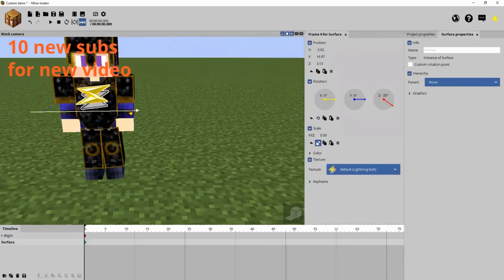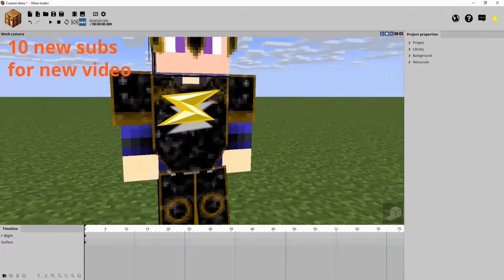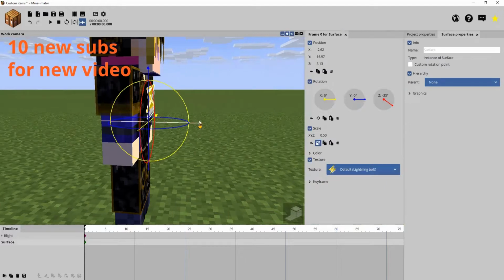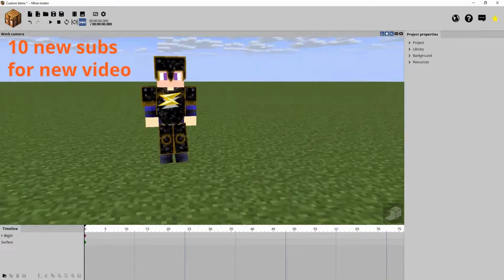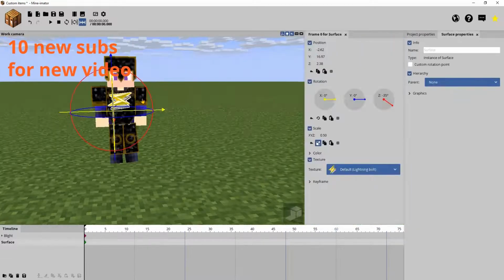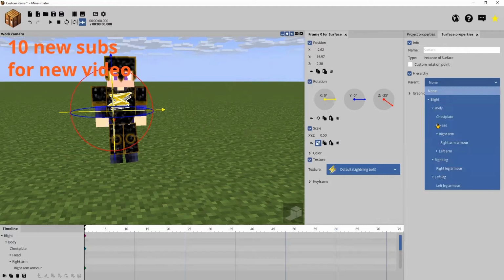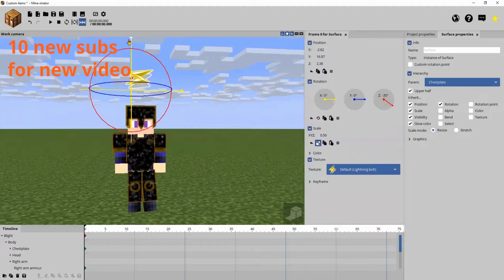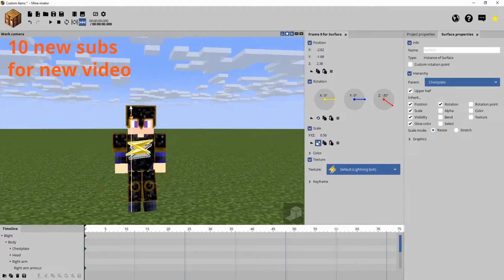And so if your character isn't moving at all in your entire animation, then once you have this aligned perfectly, it's fine. But if you are going to make your character move, you're going to go to your surface properties, and then change its parent to the chest plate. Now whenever you do this, it is going to set at a random space, but if you realign it properly,